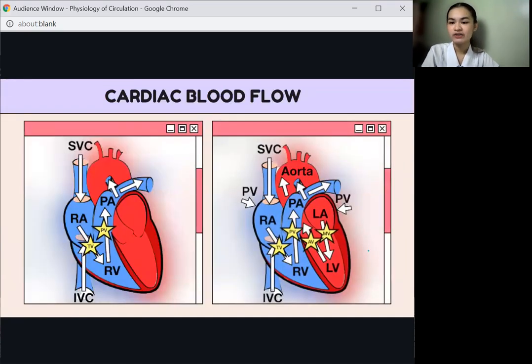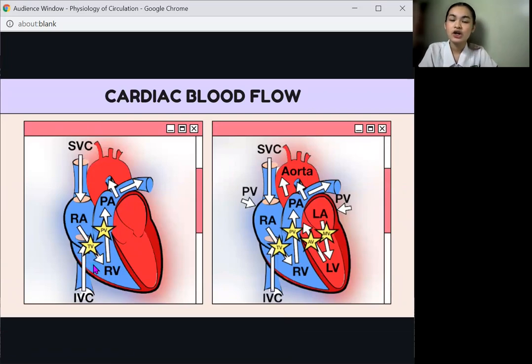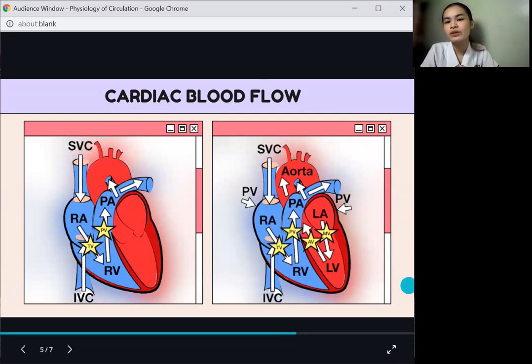And now for the cardiac blood flow, starting off with the right side of the heart. The superior vena cava and the inferior vena cava are the primary blood vessels that transport the deoxygenated blood from the rest of the body to the right atrium of the heart. The superior vena cava is a vein that runs from the upper body to the right atrium, which carries the deoxygenated blood, while the inferior vena cava is placed inferiorly and transports the deoxygenated blood from the lower body to